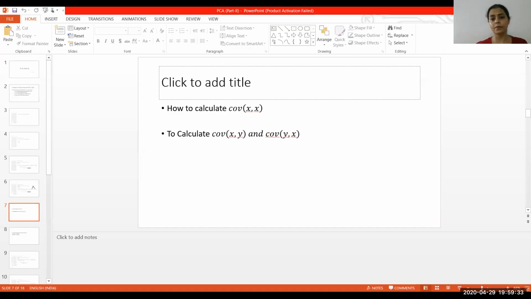Now, this is how we reduce the dimensionality using PCA.